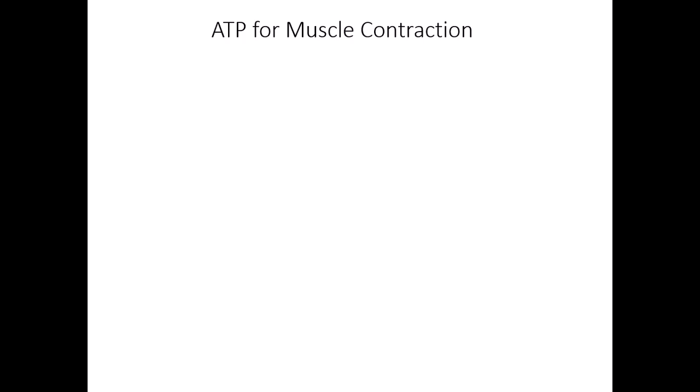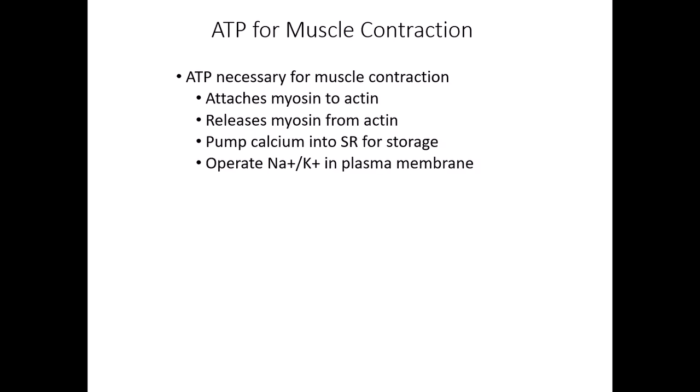Now, we know that ATP is required for muscle contraction. ATP stands for adenosine triphosphate, and it is the cellular energy that we know mitochondria produce, organelles inside of our cells, and muscle cells do tend to have a lot of mitochondria for ATP production. And we talked about ATP being necessary in cross-bridge cycling in the way that the myosin attaches to the actin that requires an ATP,